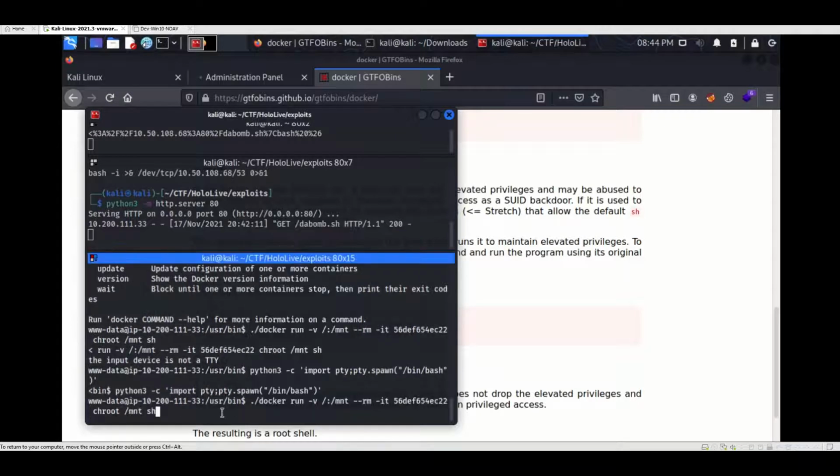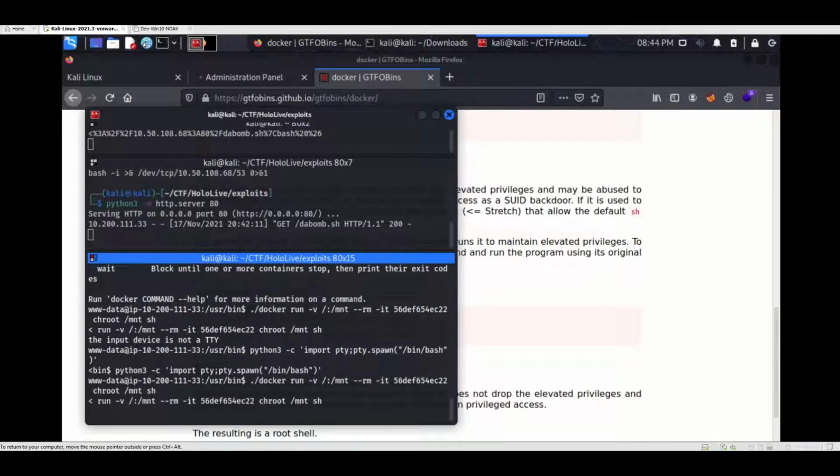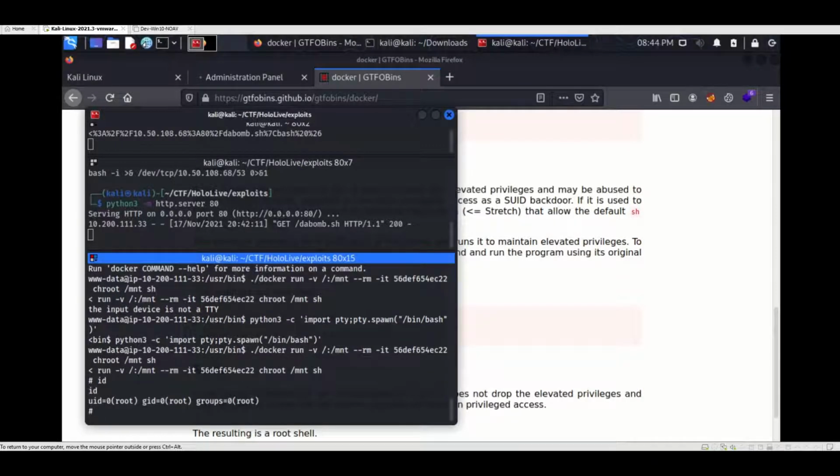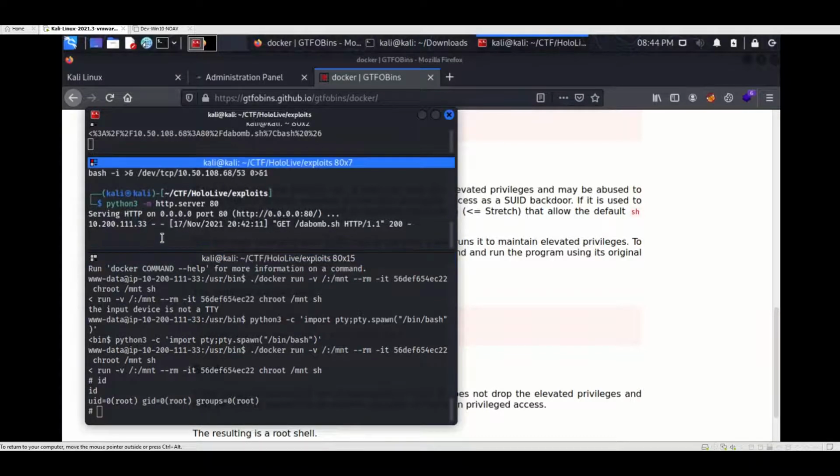Alright, let's break out this Docker container. Rooted. Okay, so now from here, we need to pivot to the internal network. So, I'm going to use Chisel, sshuttle rather, works good, but